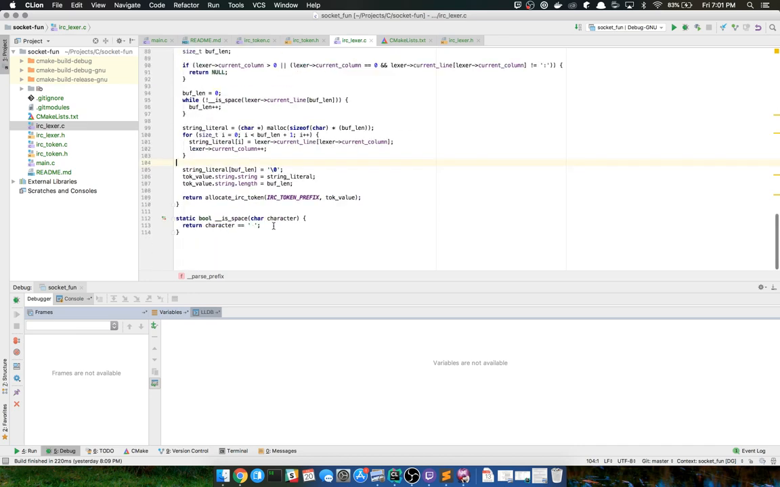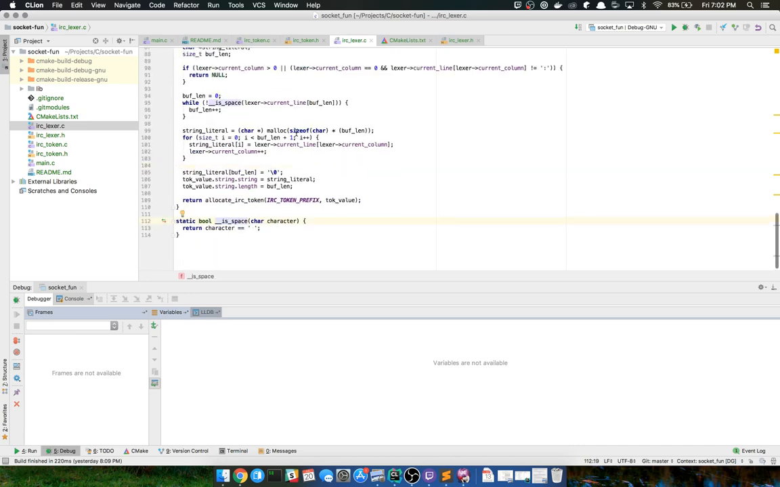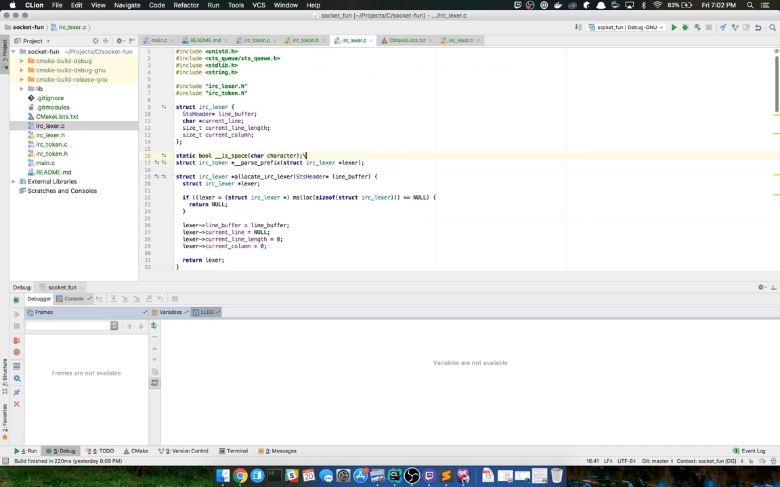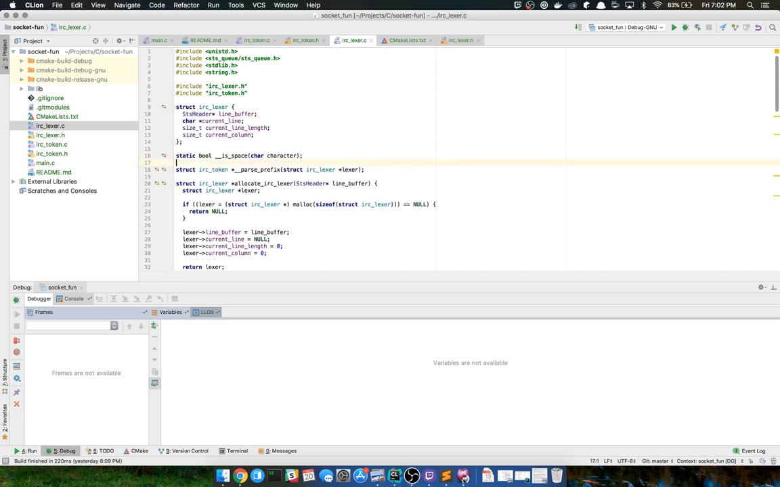Okay, so I already have a function for isSpace. I'm going to create one for isColon, just to continue with the naming conventions and everything. So static bool isColon. I don't want to pass in the character on this one, so I'm just going to do the lexer. So